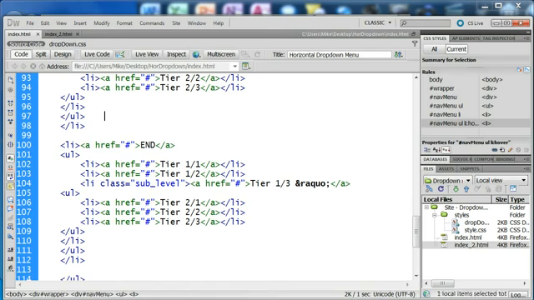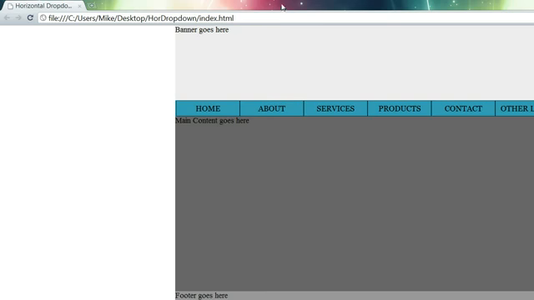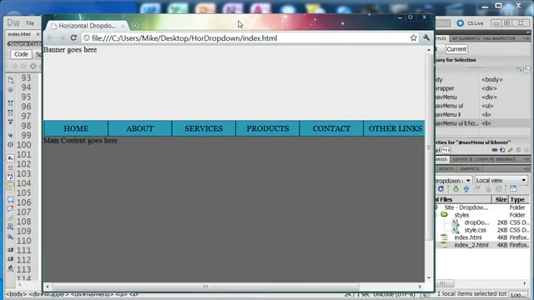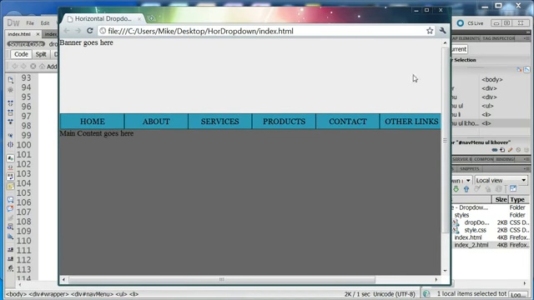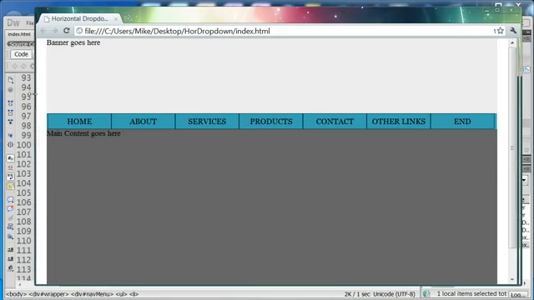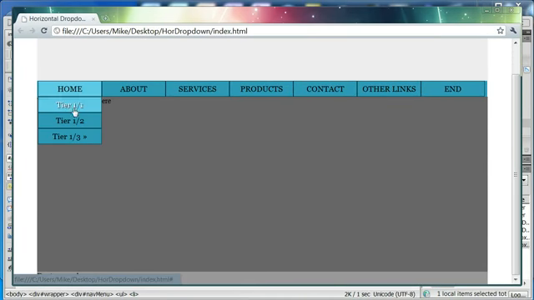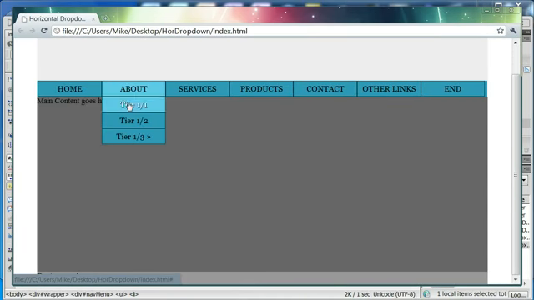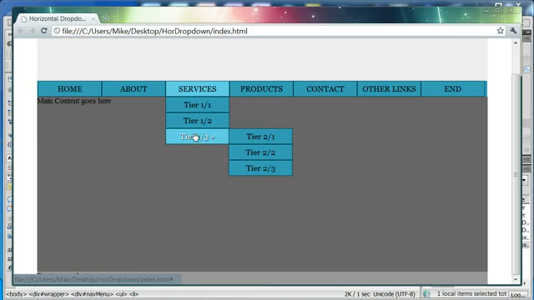Let's take a look in Chrome, and I'm just going to drag this across here so you can see it. Let's just open that up, and here we are. And each one, as you can see, is styled exactly the same,